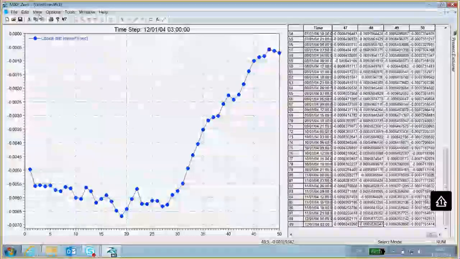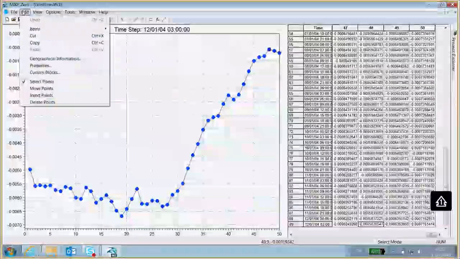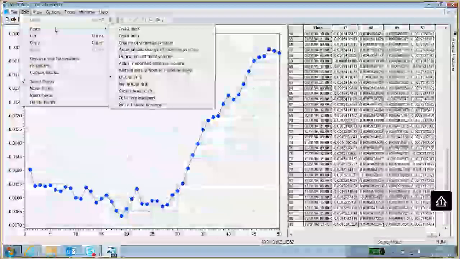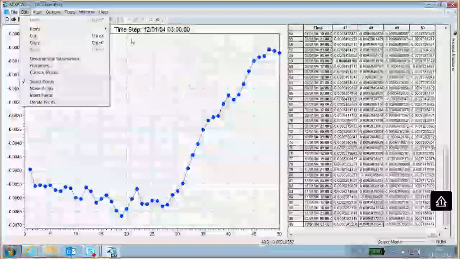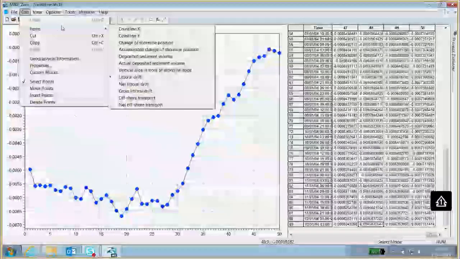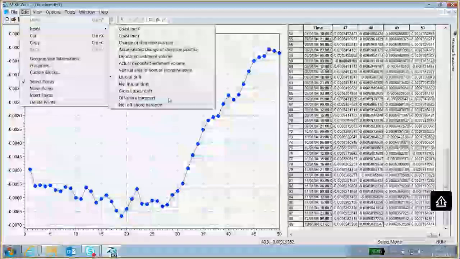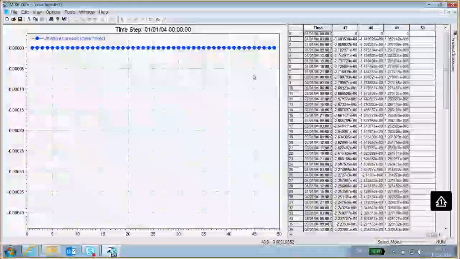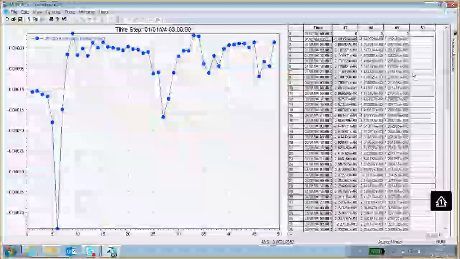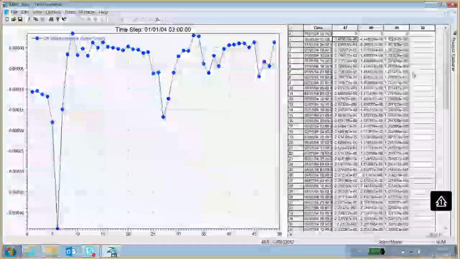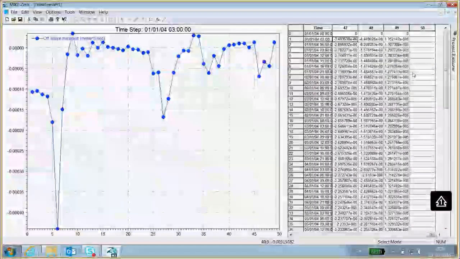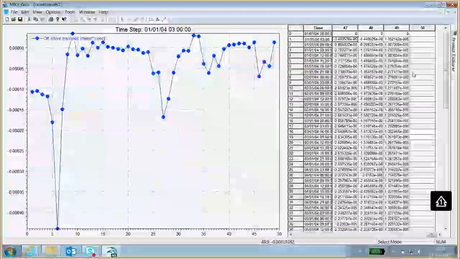The next item we will look at is the offshore transport, which I think is an interesting one, or net offshore transport. The offshore transport shows the transport across the offshore boundary, that is at the depth of closure.